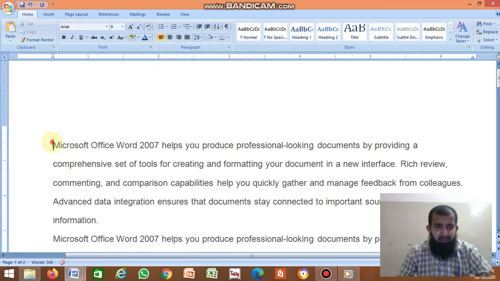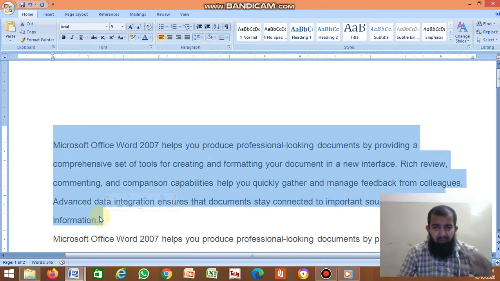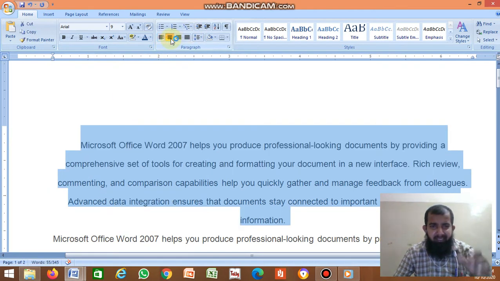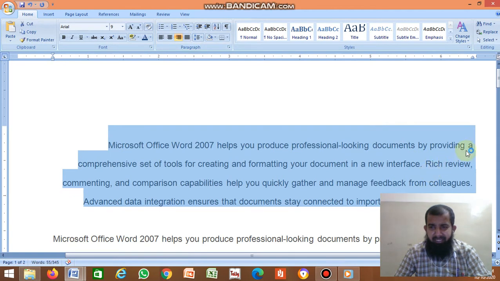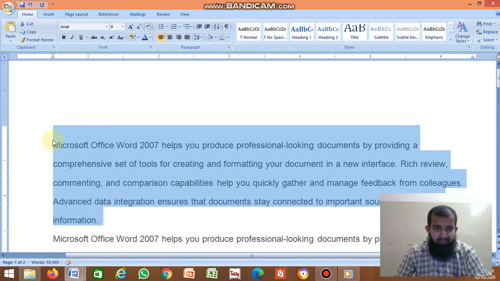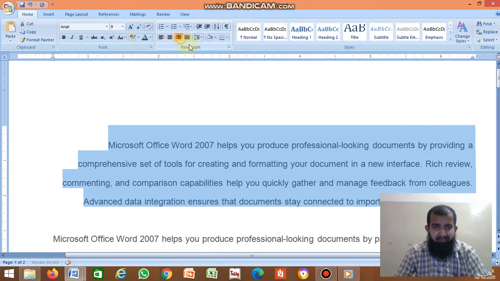Next, justify. By default it is left alignment. Just select the text, select the whole paragraph. If you click center, it displays in the center. If you click right, it displays right alignment. If you click left, it displays in a straight line on this side. If you click right, it displays in a straight line on the right side.